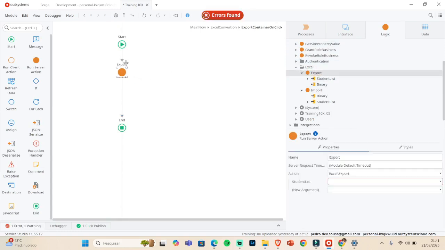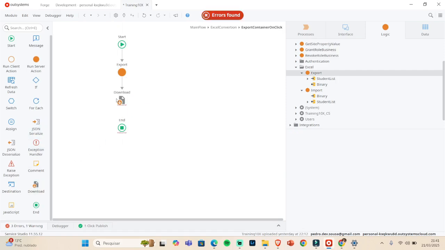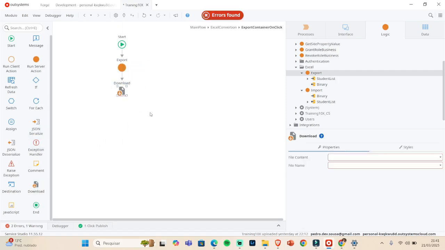I'm going to export the list, and we need to use the download because we want to download the data. So the file content will be the export binary, that is the output from this server action, and the file name we can select,